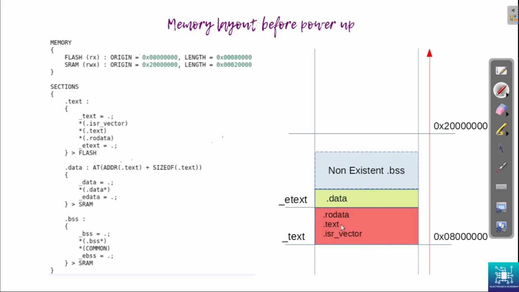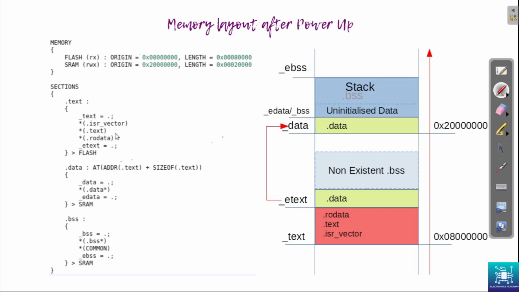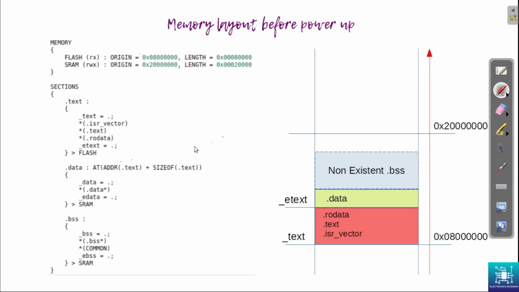Then the .text section, which is a combination of the text sections of all the input files. Then the RO data is a combination of all the initialized constant variables from all the files, which is here. And then after the etext section, you have the